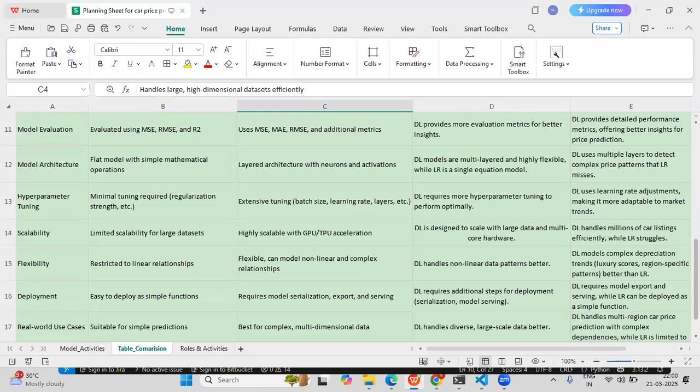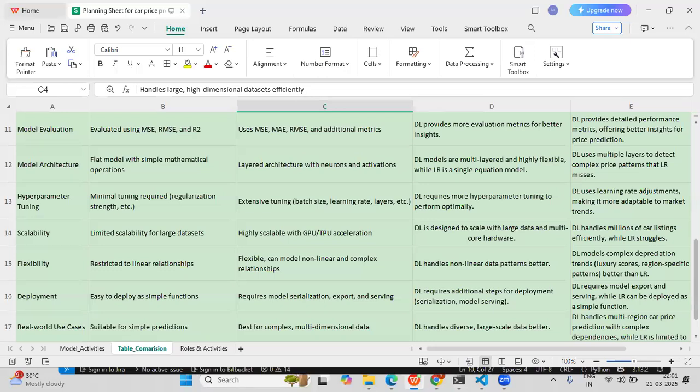And when it comes to flexibility, we have restrictions to linear relationships while using the linear regression model. But with the TensorFlow model, we can have non-linear features, and also we can see complex relationships between the data features. We can easily analyze and understand them using TensorFlow models.